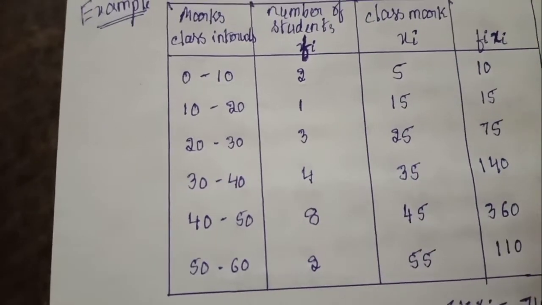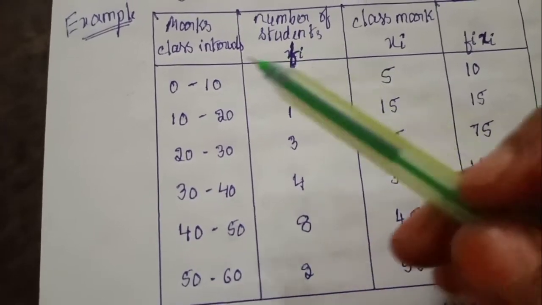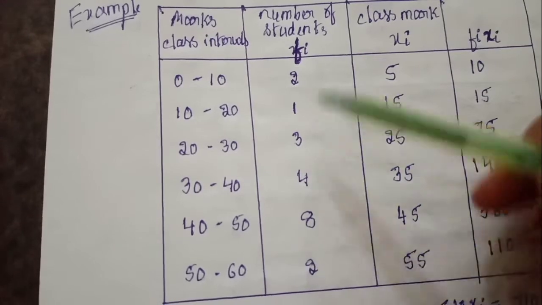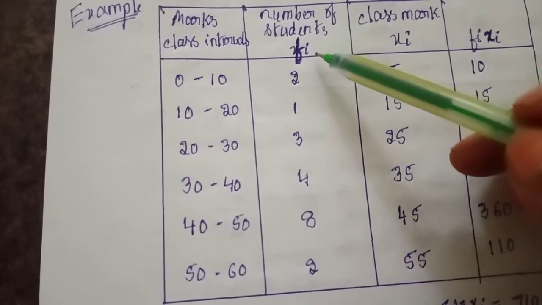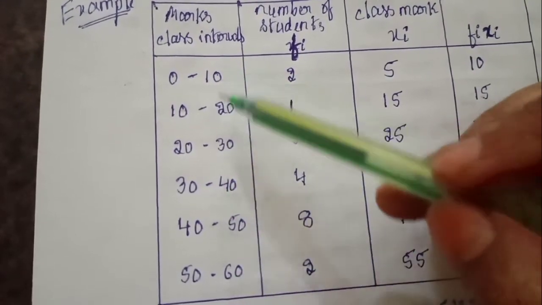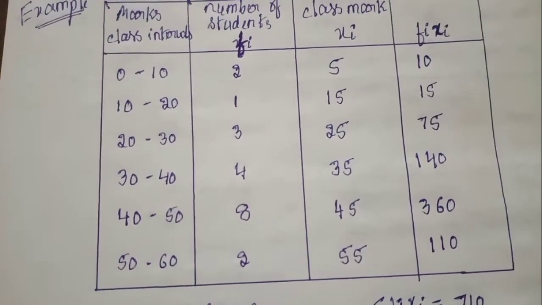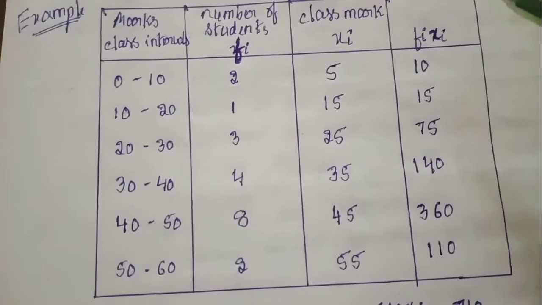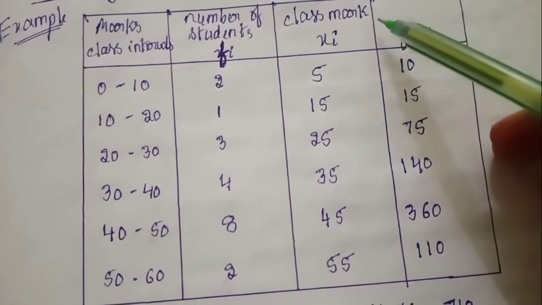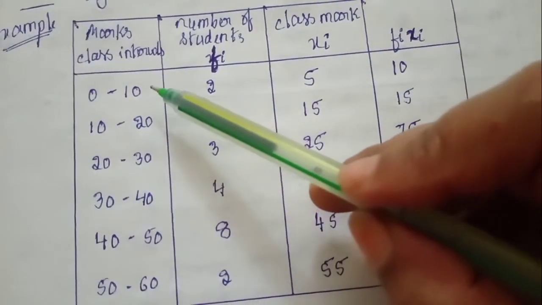So now let me explain how to find the mean of group data by direct method. Note that the first column is called class intervals, and the second column is called number of students, that is, frequency. And you can see this type of data is called exclusive class intervals, which I have taken here. Now how to find the mean? Let me also explain how you get the formula. Class mark, already explained in the previous class, is the middlemost observation of each class interval.